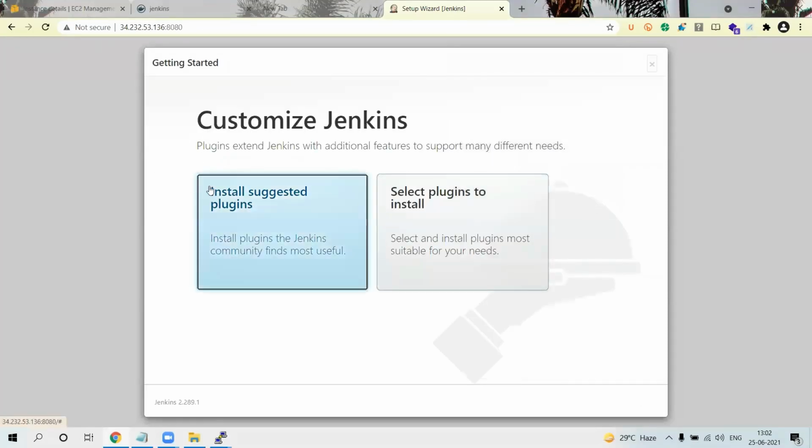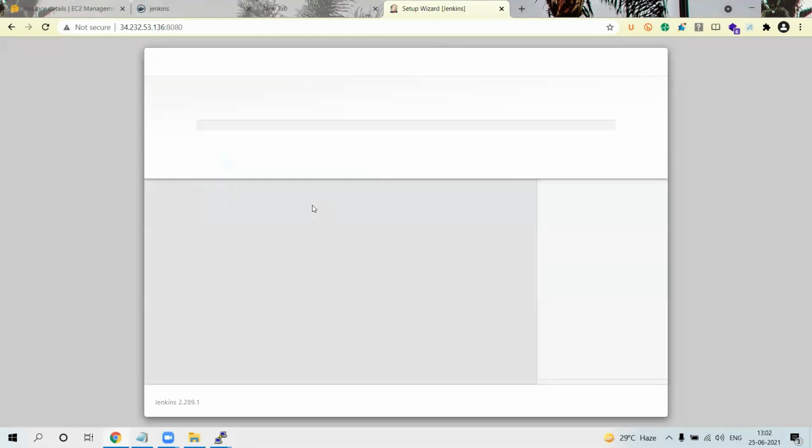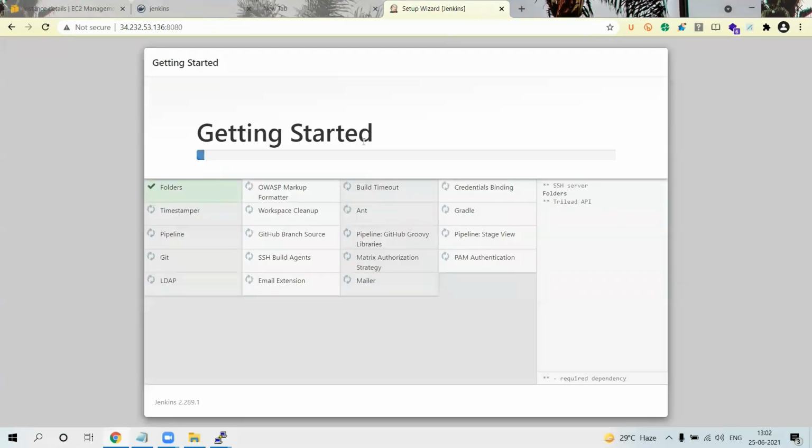By default, Jenkins will suggest some plugins. If you want, we can proceed with it, or else you can select some plugins. I want to proceed with the default, whatever Jenkins suggests. Okay, so it will install all these plugins.